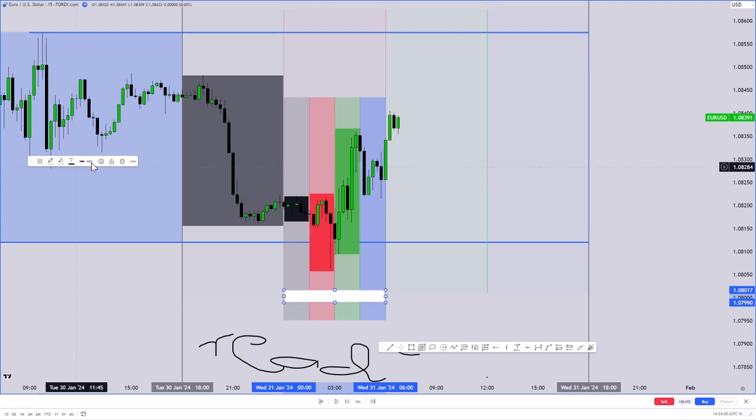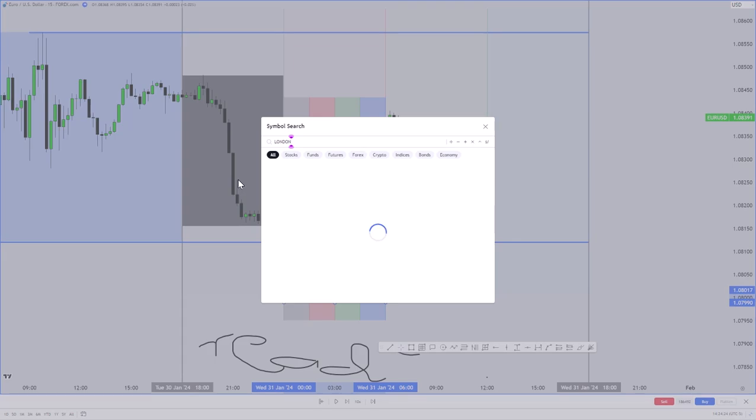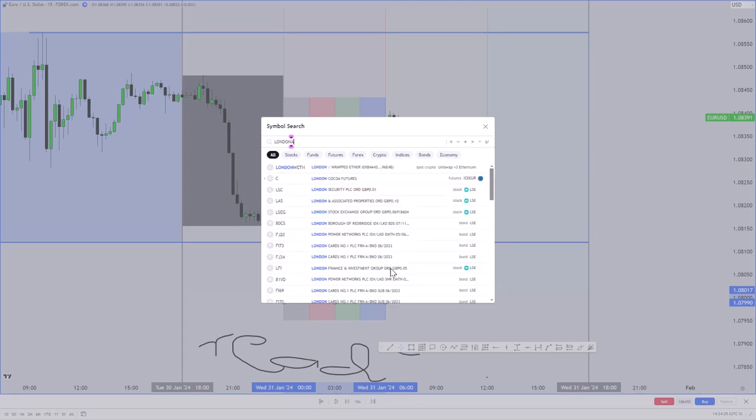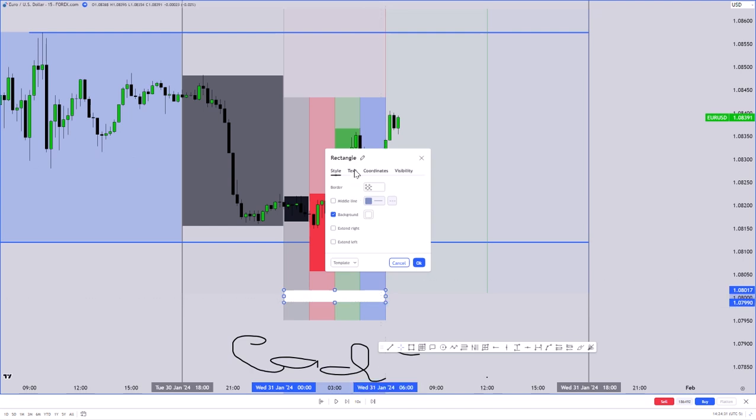Q2, I mean. So therefore now the low of the day was formed within London, right? Now the high of today, we're expecting that to form within Q3, and then Q4 can potentially be a reversal